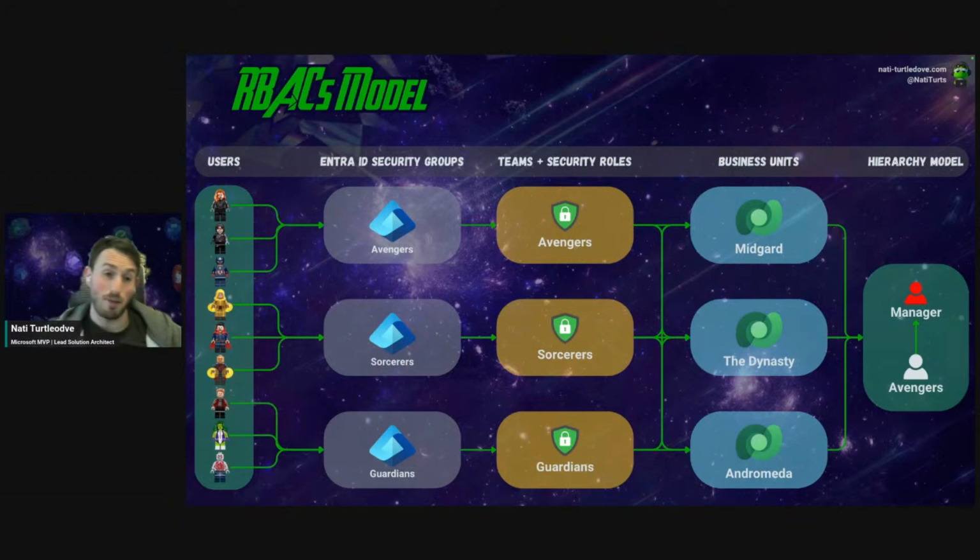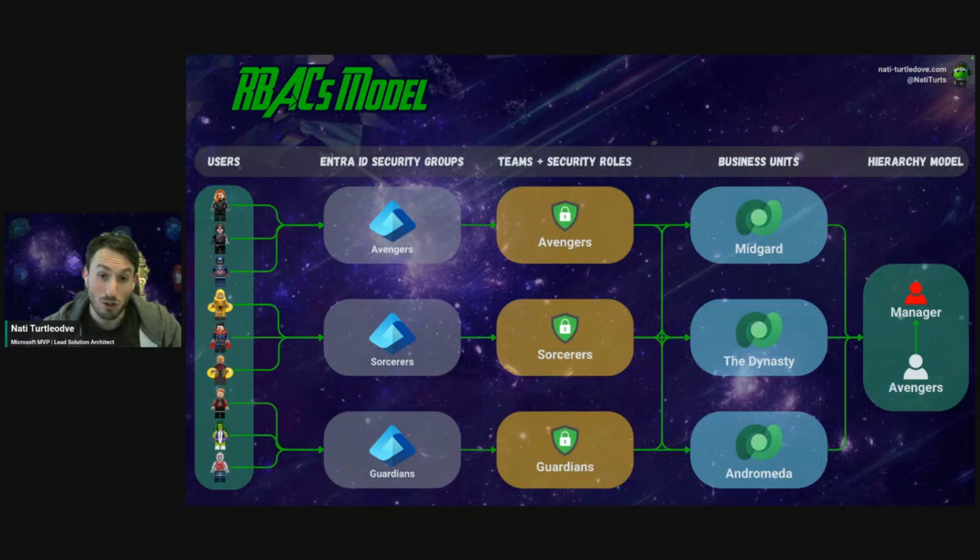If we take it a step back and start on this side of the screen, we look at our users. This represents who we let into our environment, which is what we discussed already, our environment security group. We've now got users in an environment that we can assign data to. Now that you're in our environment, what type of privileges do you need? Well, you're part of the Avengers security group in Entra ID, and that security group is linked to a Dataverse team. So now that you're a member of that security group, you sync into that team, and because that team is assigned to a security role called the Avengers, you inherit the security role to say you've only got access to this data, you've only got privileges to do these types of functions.